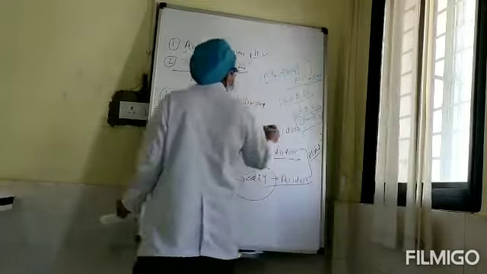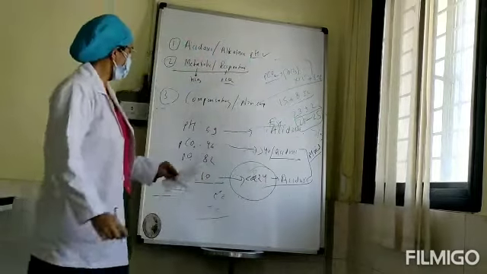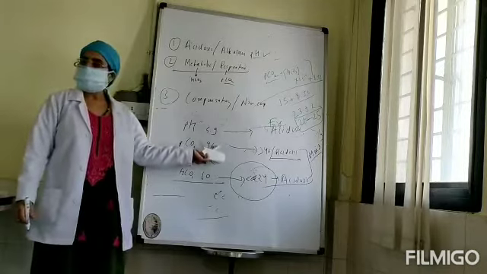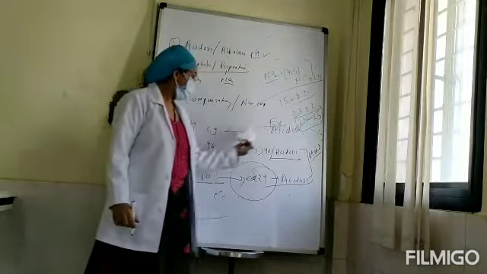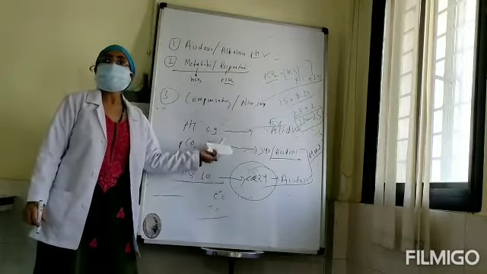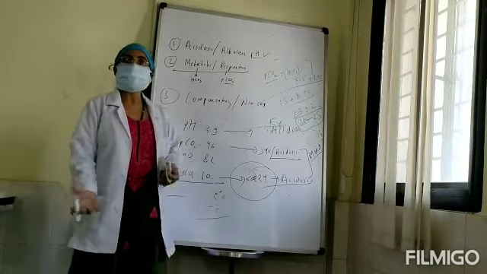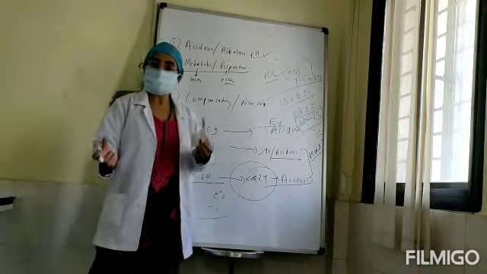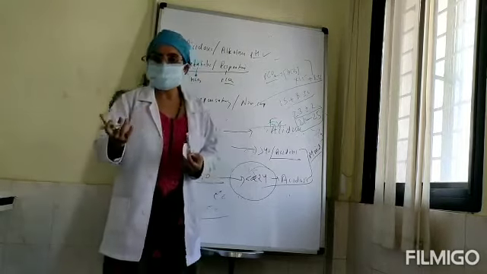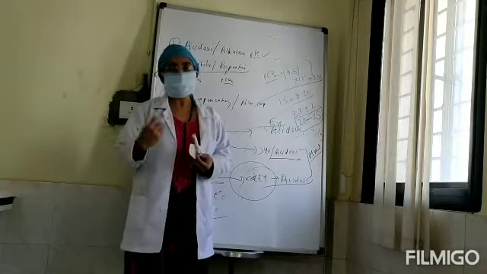So the expected CO2 in this case is 21 to 25. Whereas in our case the CO2 is very, very high, 46. What does it mean? The meaning of this 46 is that the child is not breathing adequately to compensate for the decrease in bicarbonate level. Ideally, his CO2 has to be very, very low. He should breathe very fast to expel the CO2. But some CO2 is still accumulating.